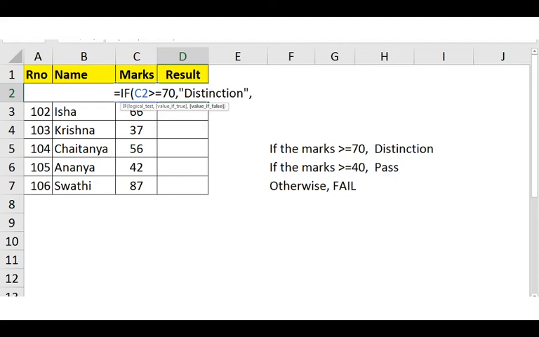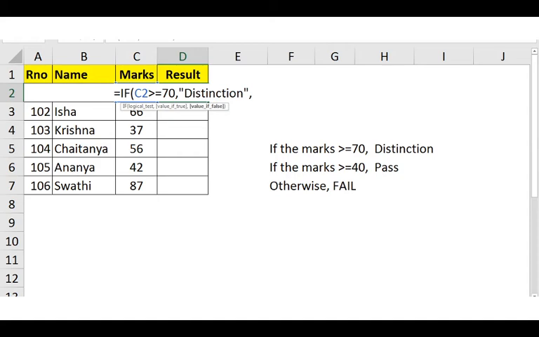Now the third parameter is something like, if the condition does not satisfy, what should we do? So here if the condition does not satisfy, we cannot simply say pass. That is because we also have to display even fail sometimes. So here the third parameter can be either a text or a number or any other function. So if the condition does not satisfy, here I would like to write another function.